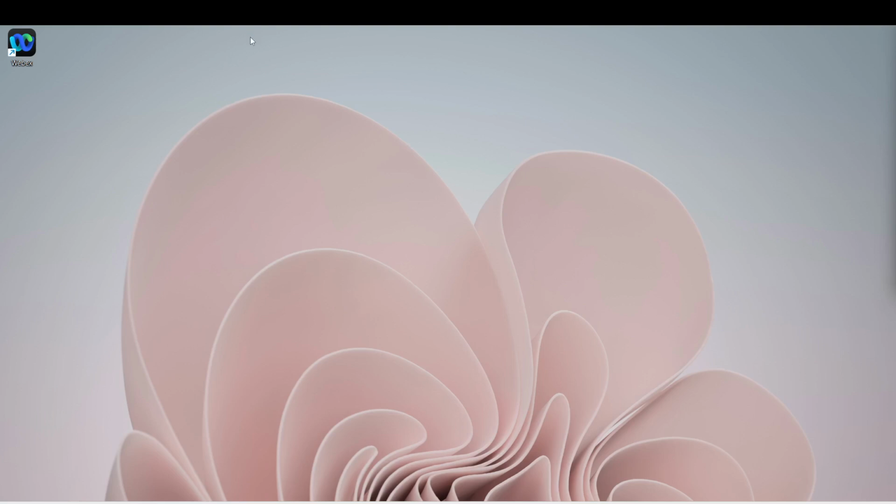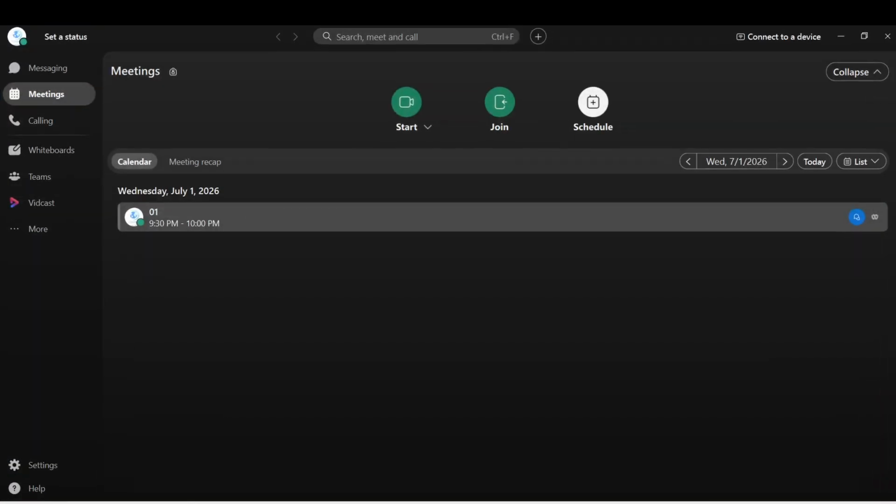You can find the application in your programs or desktop. Once you click on it, the application opens up, displaying the familiar interface. If a login prompt appears, enter your credentials to access your account. This is important because it ensures that you have the right permissions to create and manage polls in your meetings. Remember, logging in properly keeps your account secure.